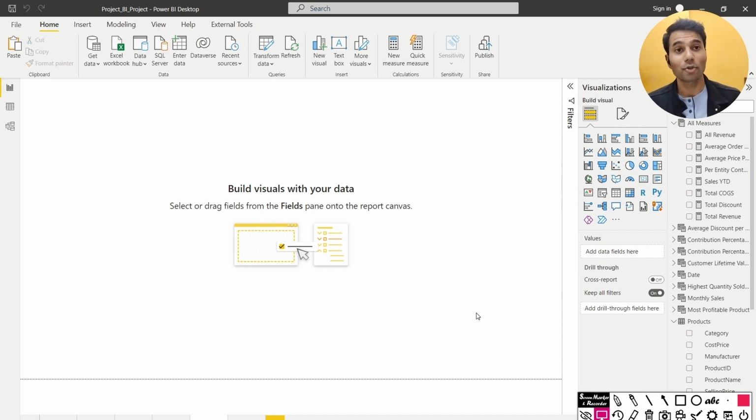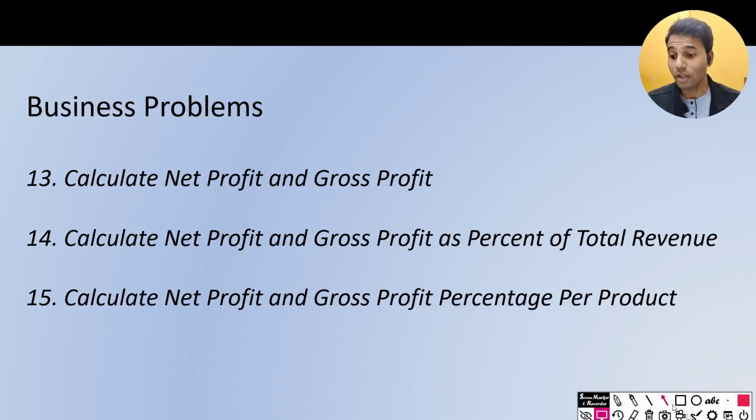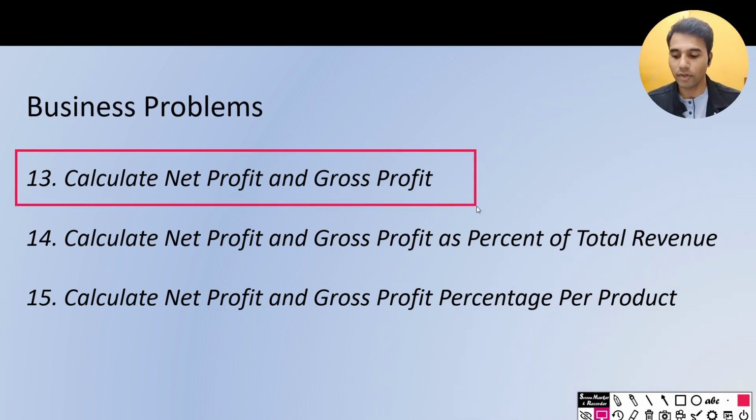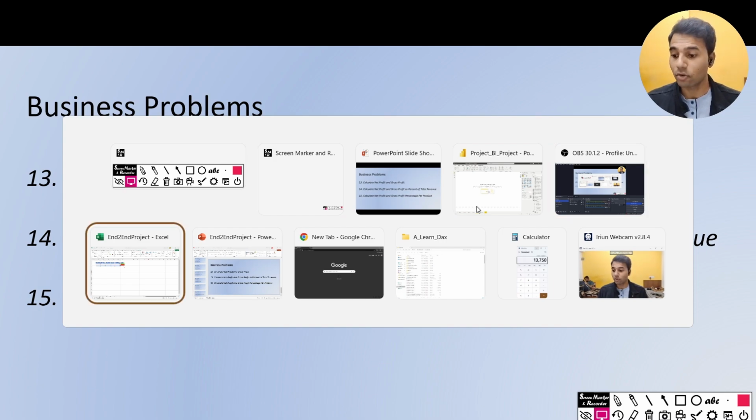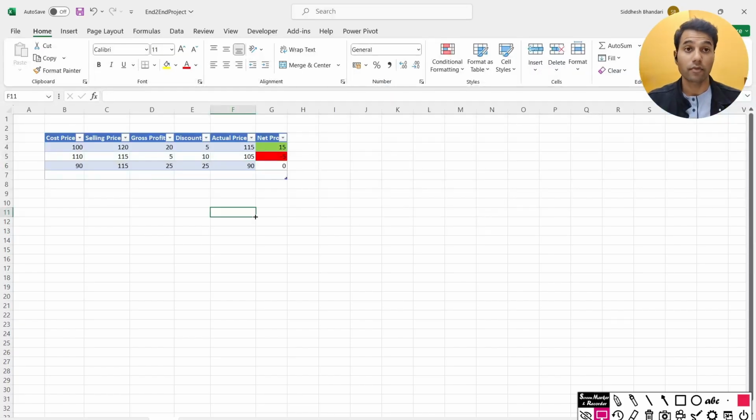So without further ado, let's get started with this video and understand what business problems we are covering in this demonstration. So the first problem that we have is to calculate the net profit and gross profit. And in order to understand the concept of net profit and gross profit, in the context of this sales table,